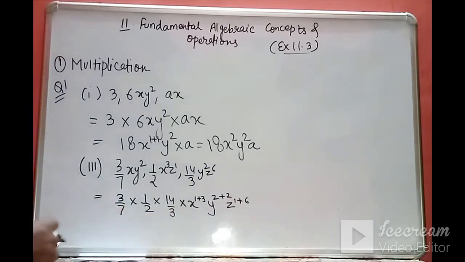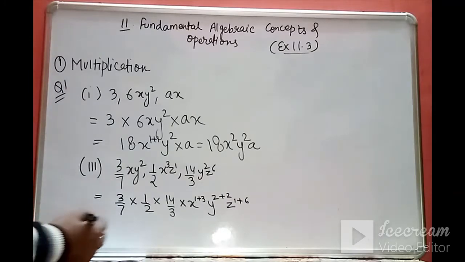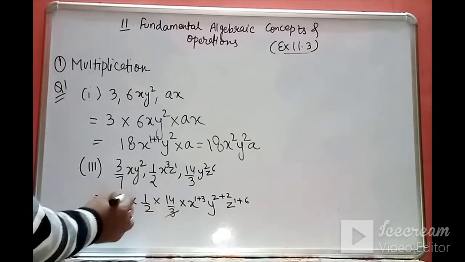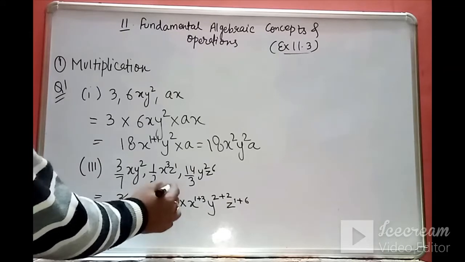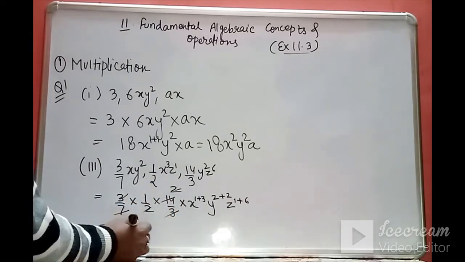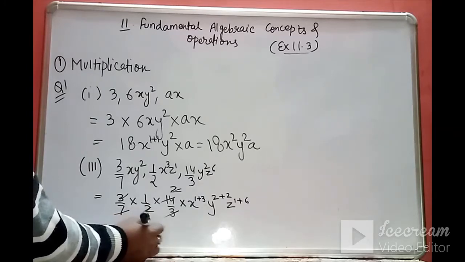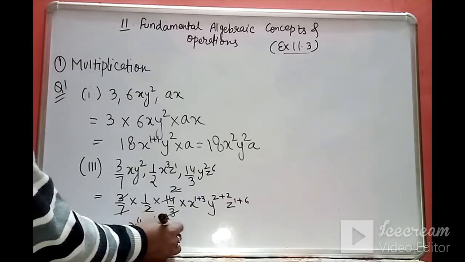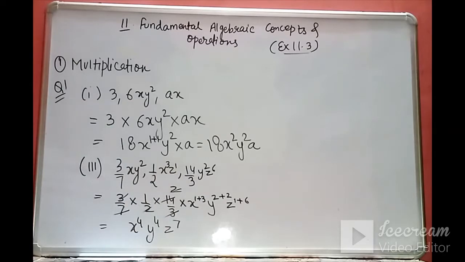Okay, so we have added all the powers of x, y and z. Now let's solve it. 2 in 7 into 2, 2 and 2 cancel, so we will get x to the power 4, y to the power 4, z to the power 7. Okay, in this manner you can solve